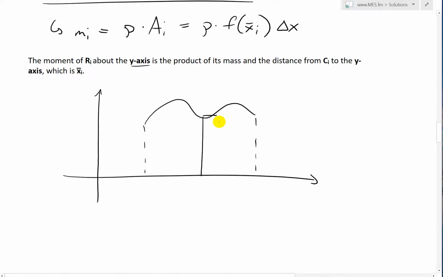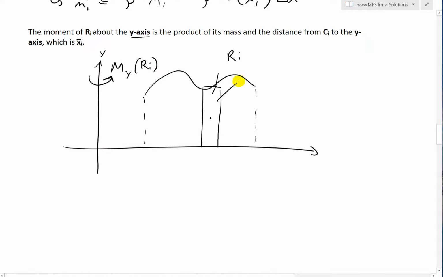Draw this a bit better. So at this very point, if this is our Ri, again this is a y-axis, so we're dealing with the rotation about it, or My, and we'll call this My of the region Ri, like that. So it's going to be the mass mi times the distance to the centroid here, which is going to be our